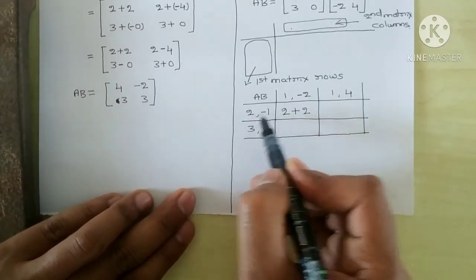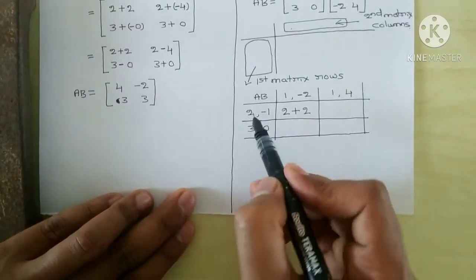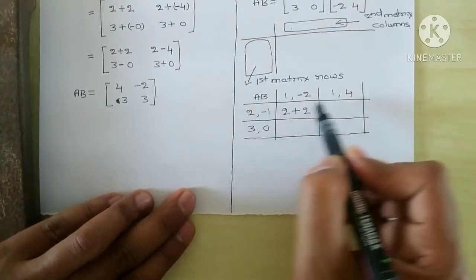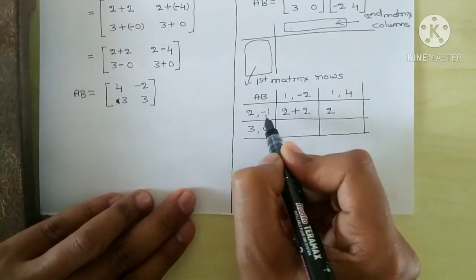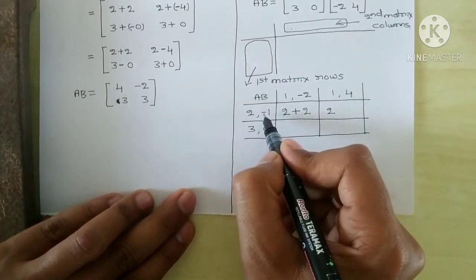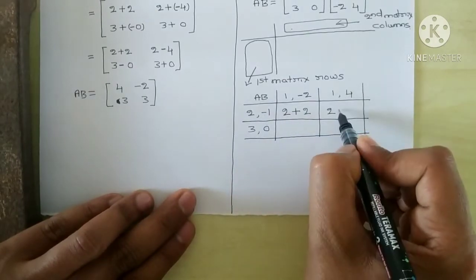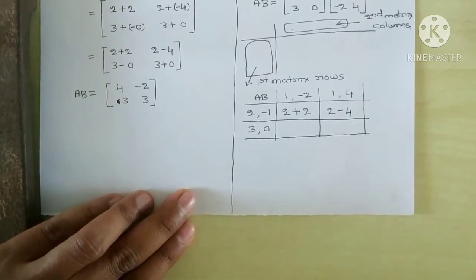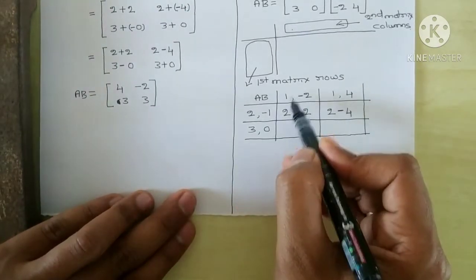These 2 you have to multiply, keep the answer here. Next, this value with this value you have to multiply now. So 2 into 1, plus into plus is plus only. 2 into 1 is 2. Next, minus into plus. Here nothing means plus sign, here minus sign is there. So minus into plus is minus. 1 into 4 is what? 4.